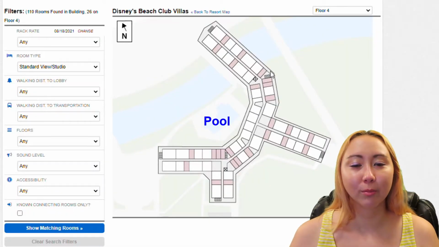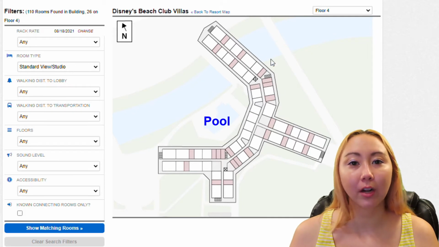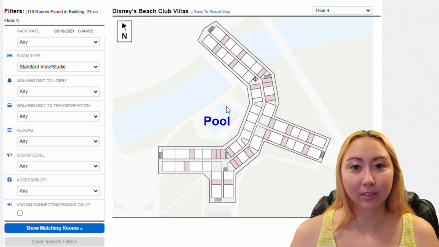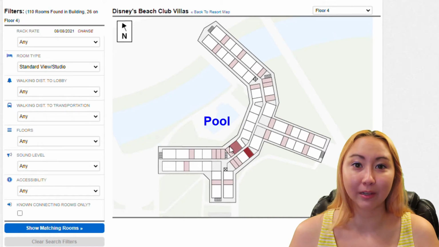Personally, I started with these 2 rooms that face the outside of the building. I prefer not to face the pool. I often come back to the room midday to take a nap, so I don't really love the pool noise. This may also be a consideration for you if you like to take a midday nap or if you have kids who do. But if you do like that pool view, I would consider the same strategy of looking for these corner-esque type rooms just on the side of the building facing the pool.